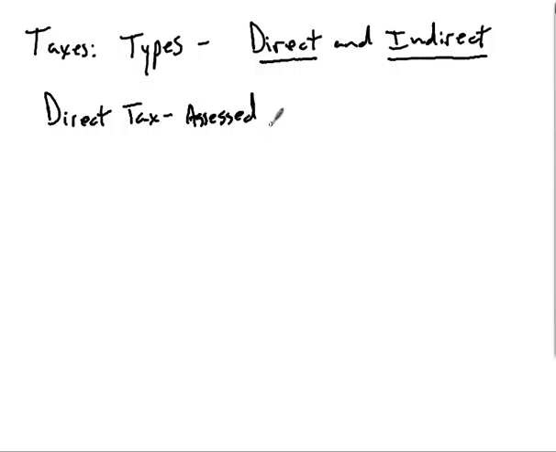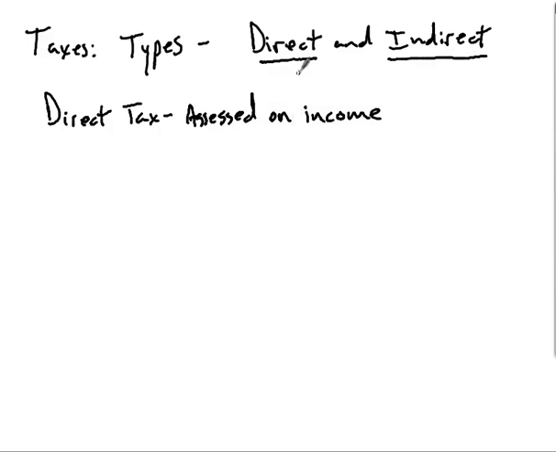You don't have a choice as to whether to pay for it or not. So something like your income taxes, all right, that is a direct tax. It is taken out before you ever see it. So let's see, direct tax assessed, we'll just say on income. All right, not the best definition, but anyway,